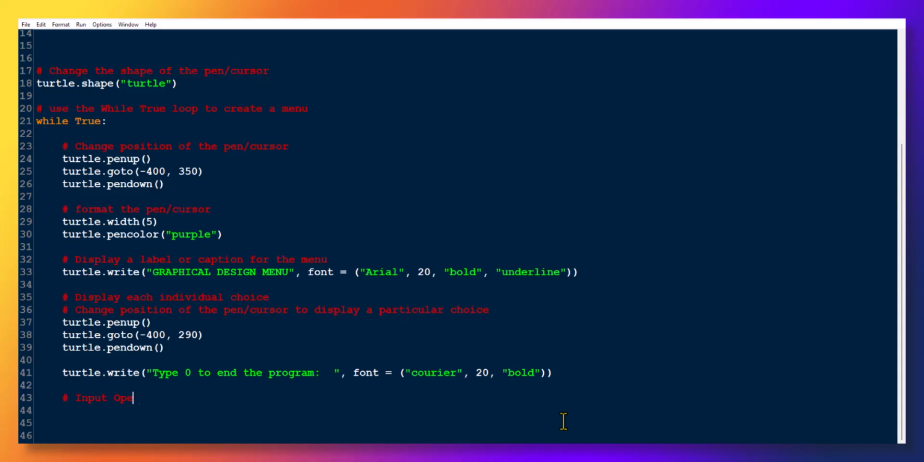Input operations. And I'm going to say choice equals, and I'm going to use the turtle input. There are two different major turtle inputs. One is called text input and the other one is num input. In fact, this is a number, so we're going to say textnum input